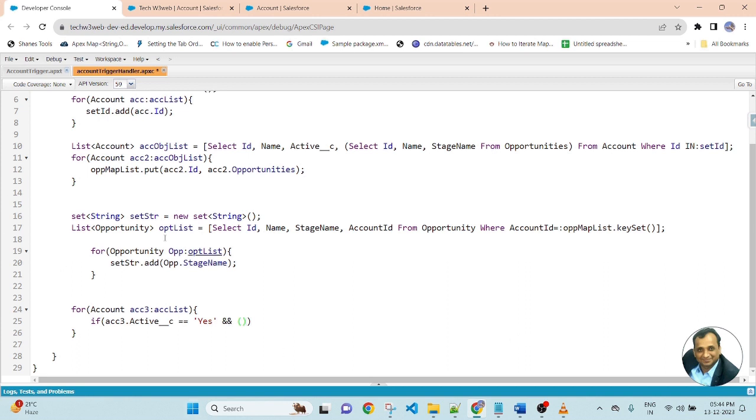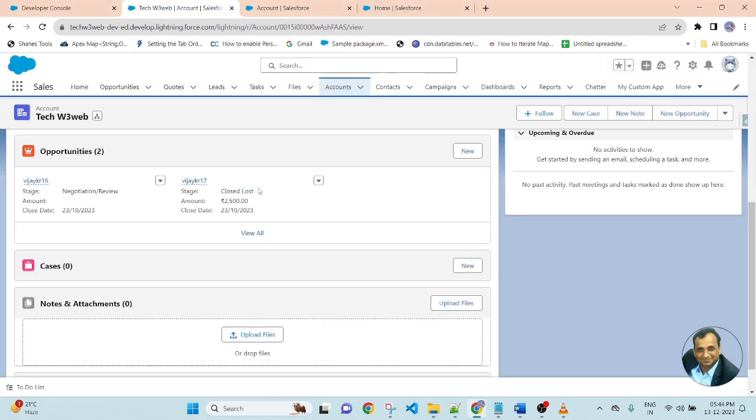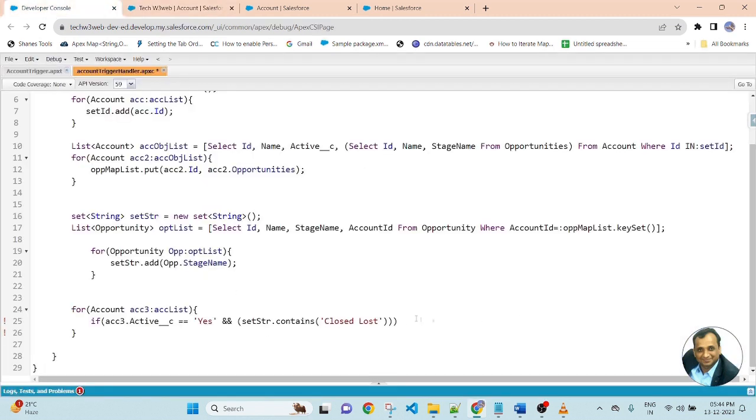So here I have stored the stage names inside this set of string. So we will check set of string dot contains, bracket, and here we will pass the closed lost. So if you go to the stage name, this is a value closed lost. So if any of the related opportunity of account got closed lost, then we don't allow updating the record of account.